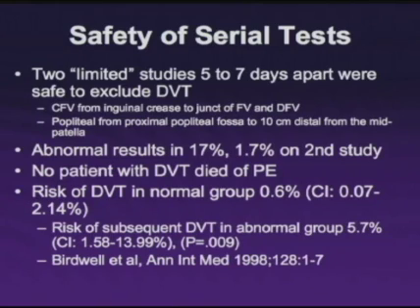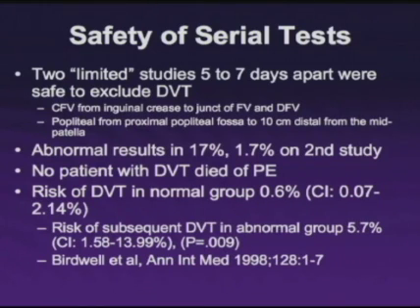The risk of DVT in a group that were normal on 2 separate occasions was 0.6%, which is way safer than a single negative venogram. And so this is a safe approach. So we have 2 different approaches, 2 studies 5 to 7 days apart, and using combinations of D-dimer, negative ultrasounds, and